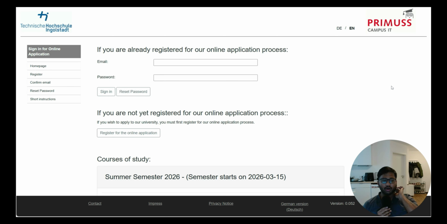Then after that, I also showed you how to register for UniAssist. And in second part, I showed you why we register for UniAssist, because we wanted to apply for VPD, and we filled in all mandatory unanswered questions. Then we also uploaded documents. Then we submit the application for VPD there. Then in third part, I wanted to show you or talk to you about Premises campus website, where we have to actually submit the application for this particular college. So that means you need to have got the VPD and all documents here in order to apply for this